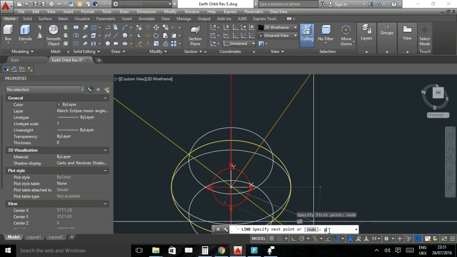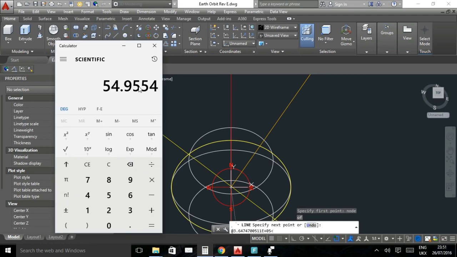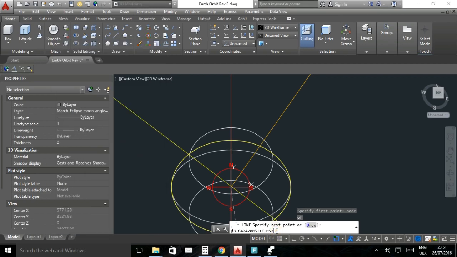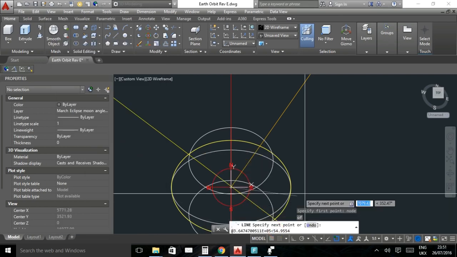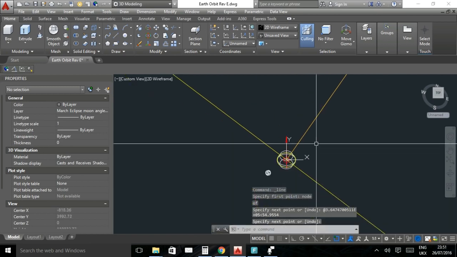So I'm going to say at, we're going to paste the value in of the distance. So at a distance of that, at an angle of, and I've done it on the calculator earlier, so I'm going to copy this value now, copy, paste that in. Okay,